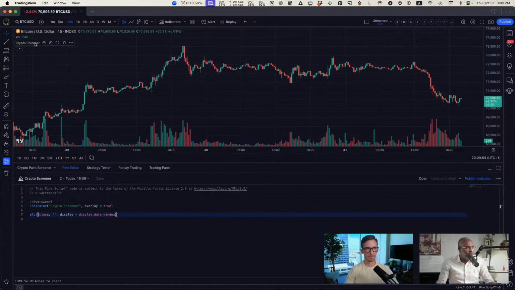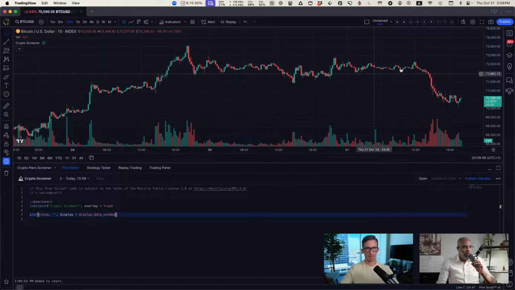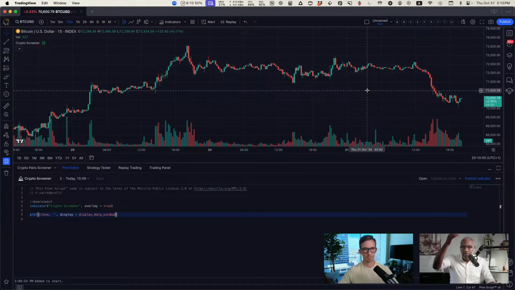Perfect. So we have this added to the chart, but there's nothing showing on our chart. We're going to be adding a table over here, essentially a dashboard that'll show 40 tickers, and I'll show you how you can actually have the script be able to access more than 40 tickers, not at the same time, but you'll be able to switch between different sets of symbols, and you will be able to see the ticker,